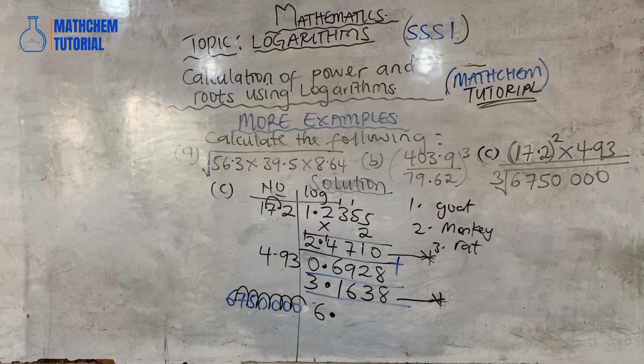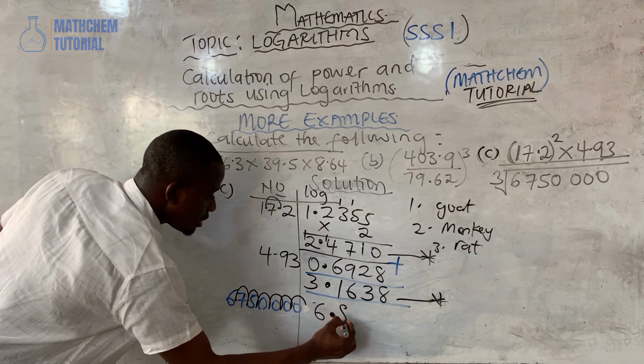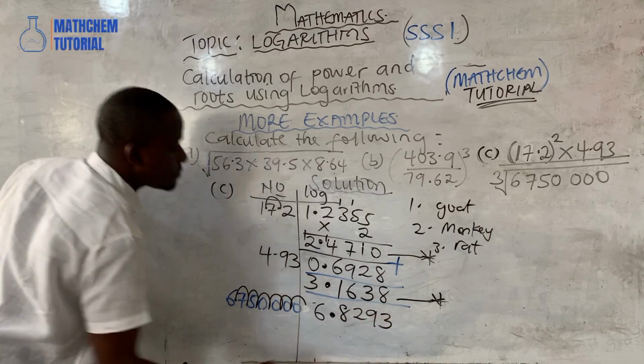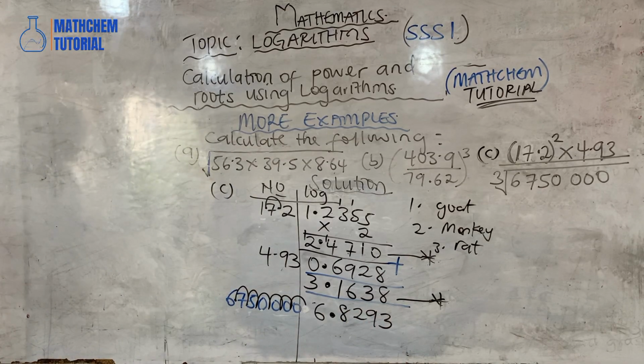67 under 5, I have it as 67 under 5, that is 8293. Difference 0, there is nothing like difference 0 here. So I only write my 8293. So I will come here and write 8293. Now, this